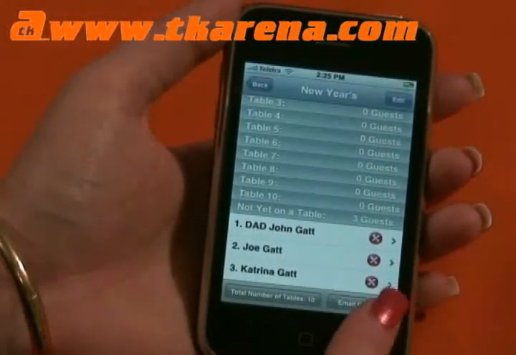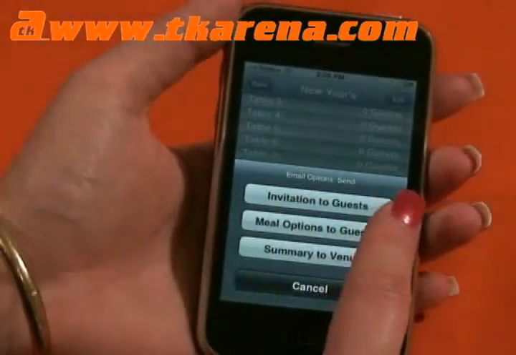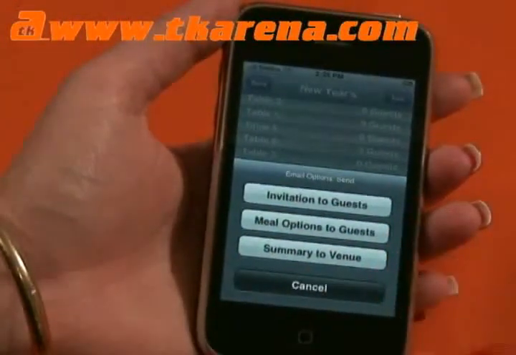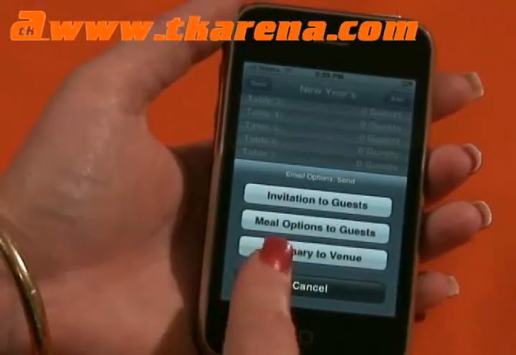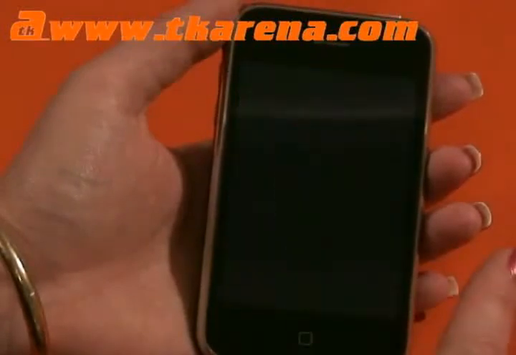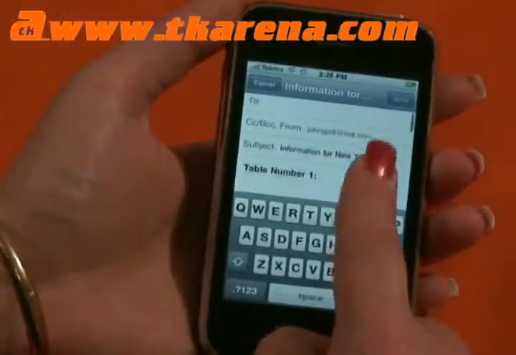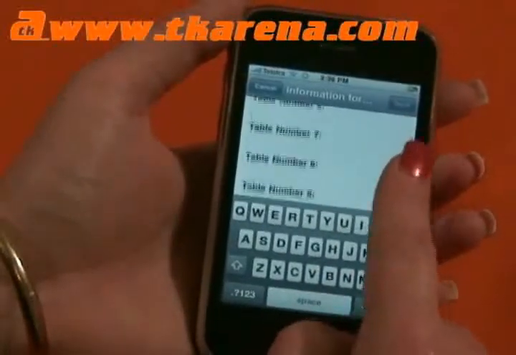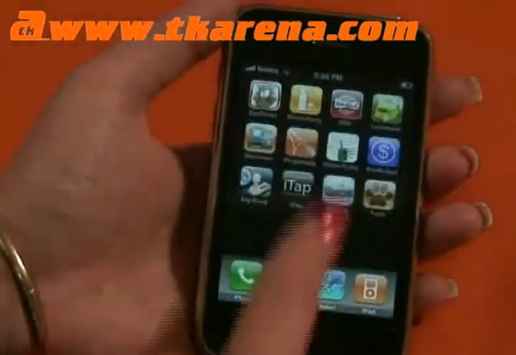Now once you've got all of that information in there, there are different email options. You can email just an invitation to guests, which just has the basic details of, okay, it's a New Year's Eve party, it's at this person's house, it starts at this time. You can also email meal options. So, I've just clicked on the summary to venue. Table number 1. You can email people to tell them what table they're on, right? If we go back into the application,